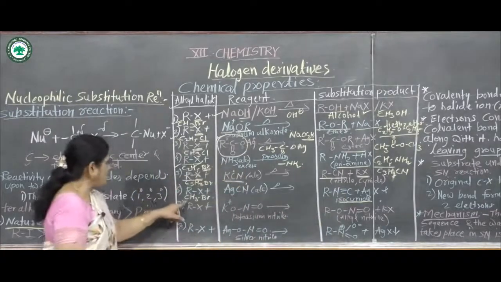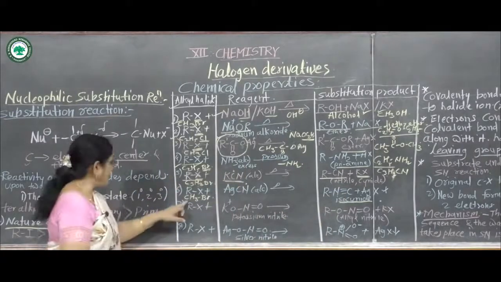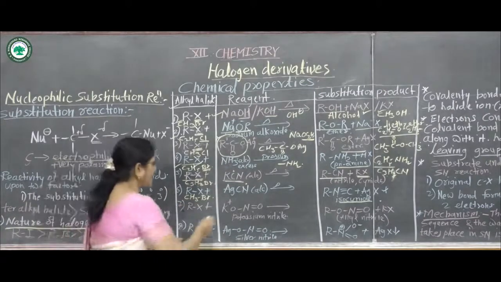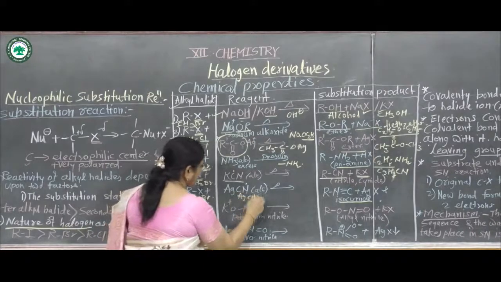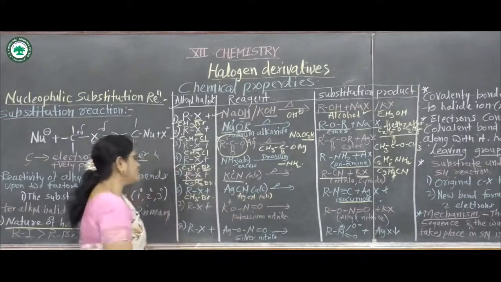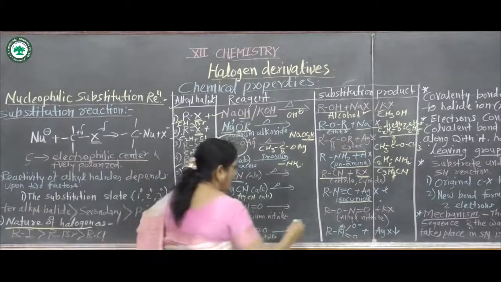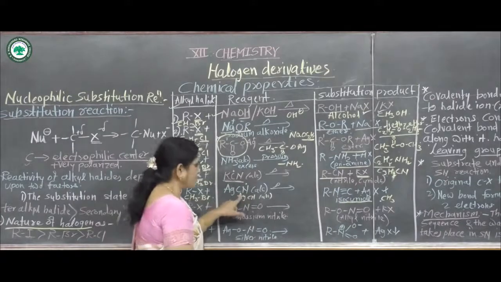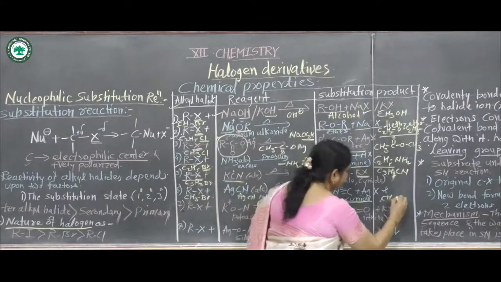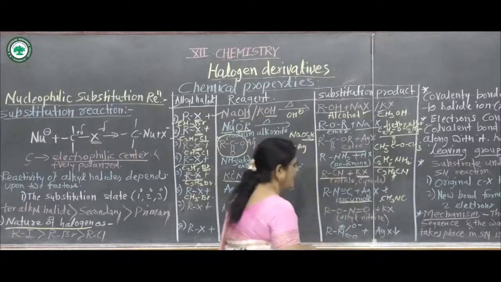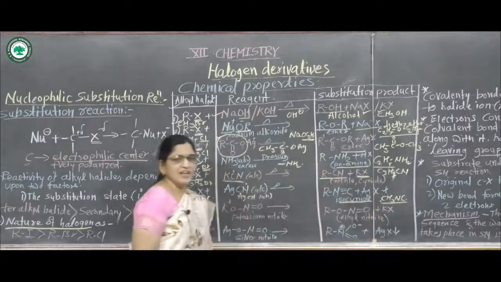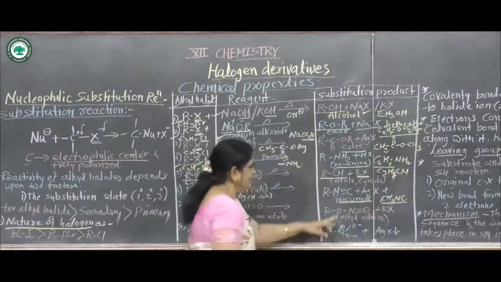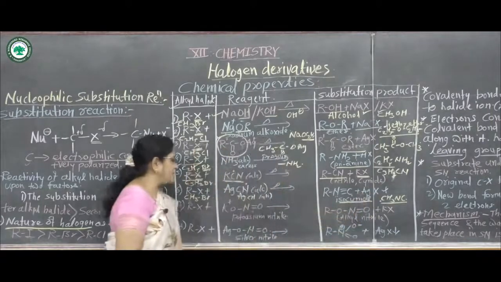For example, suppose here CH3Br. The name of this compound is methyl bromide. If this methyl bromide reacts with alcoholic silver cyanide, which product does it give here? CH3, as it is, CH3 in place of R, and which group forms here? Attach here NC, that means isocyanide, and the name of this product is methyl isocyanide. Here the name of this product is propyl cyanide, and here the name of this product is methyl cyanide.